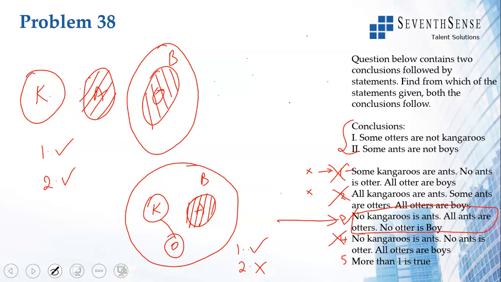Right? You draw a basic drawing for each option. In the basic drawing, if the conclusions are not correct, then you strike out that option. If in the basic drawing it is correct, like here we got the conclusions correct, then you start drawing alternate drawings. In the alternate drawings also the conclusions have to be correct. If in the alternate drawings conclusion is not correct, like here, then you cancel that option also. Here only 3 holds, hence our answer is option 3.